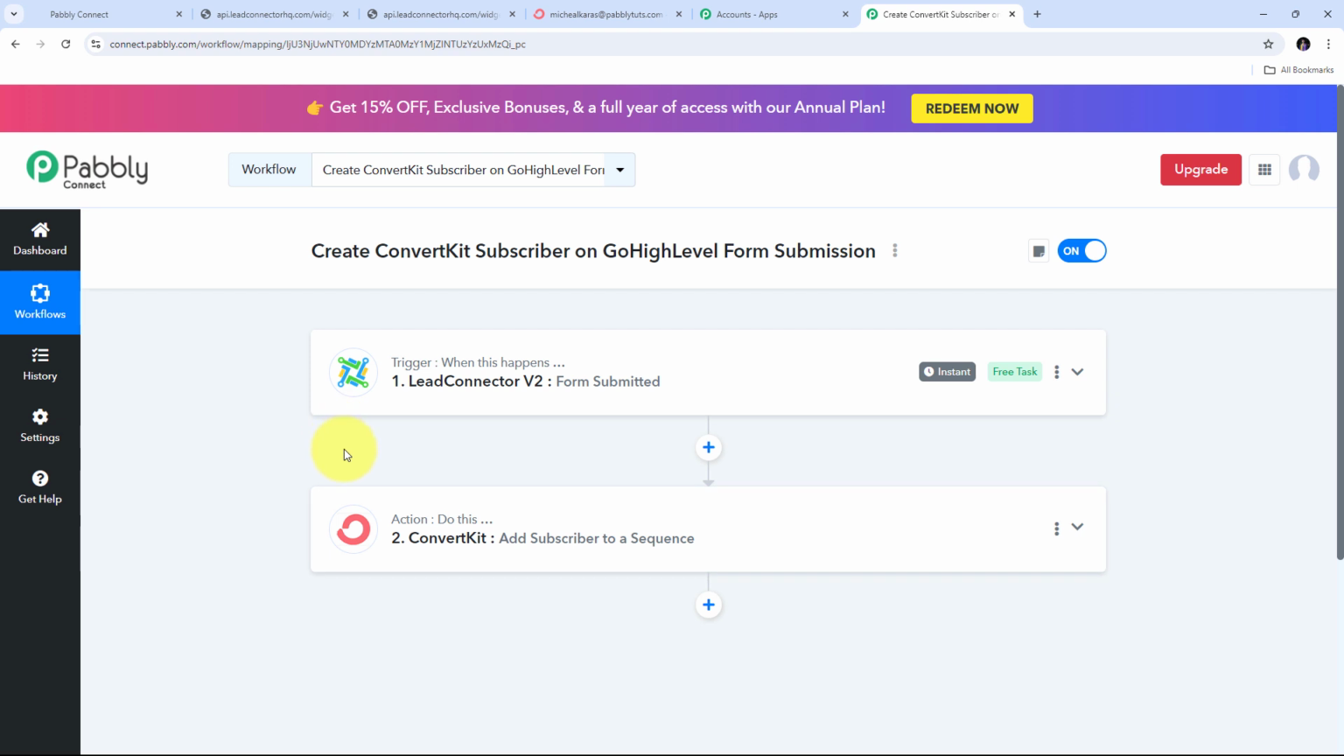So this is how I have successfully created this workflow, and you can also create this workflow by following all the steps that I did in my workflow. And I'm also going to put the link of my workflow in the description so you can check it out